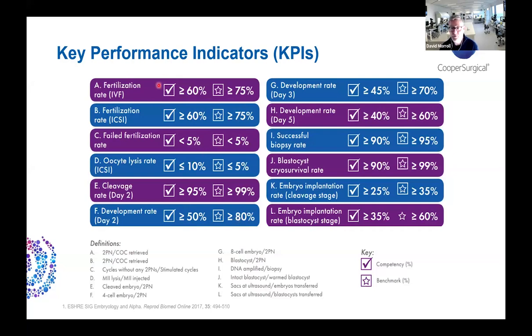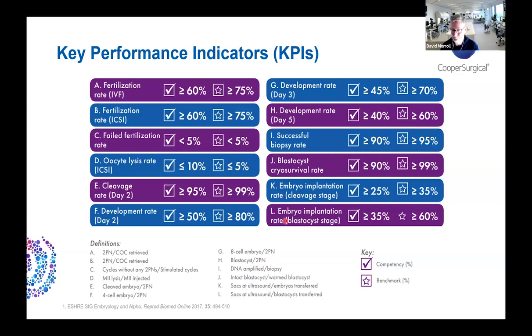You can see that we've got them for fertilization, degeneration after ICSI, cleavage, stages of development on day 2, day 3 and day 5, successful biopsy and so on, and the usual implantation rates, of course. So again, I'm not going to go through every one in detail, but you can see they cover the sort of things that most IVF labs would be interested in, and would want to have some idea of how their